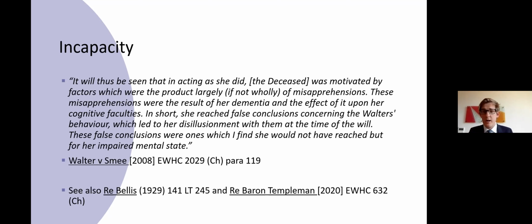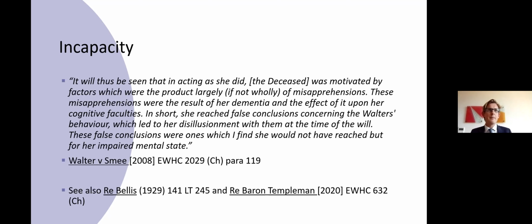The fact that she's forgotten her husband's death potentially might indicate that she didn't understand or comprehend the various claims on her estate, but she hasn't included provision for him in that. What about the fourth limb, the limb about paranoid delusions, perversion of the sense of right, having an impact on the disposition? Again, this is where we might bring in the company information. If she believed Danielle had siphoned money out of the company, and she wouldn't have believed this, as Danielle suggested, if she was in her right mind, then potentially we have a paranoid delusion which has caused her to